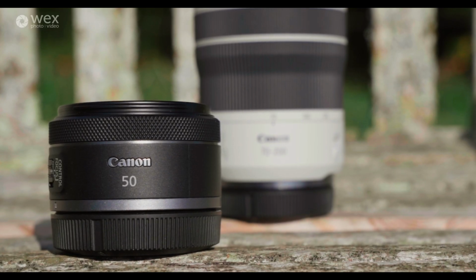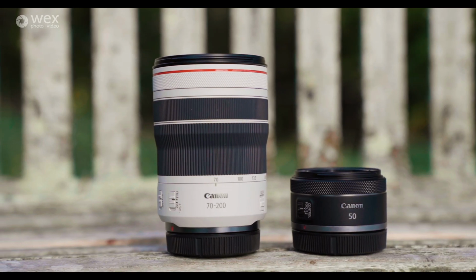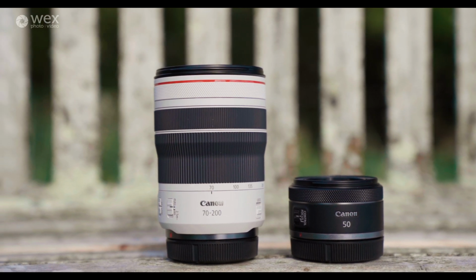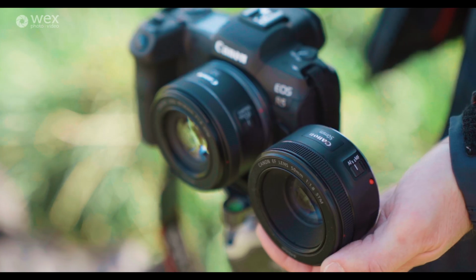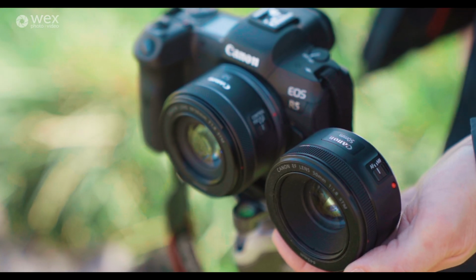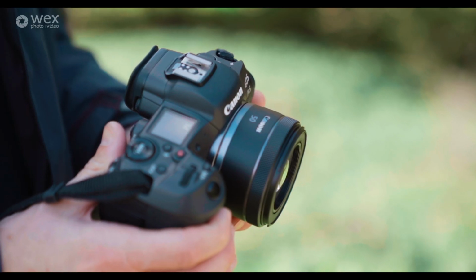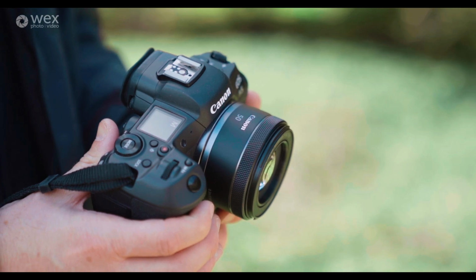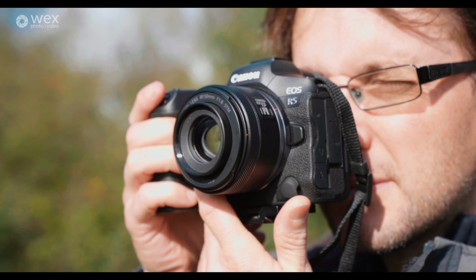Today Canon are releasing two new RF lenses, a 70-200 f4 L IS USM and a 50mm f1.8 STM. The new 50mm is the RF's answer to the nifty 50. It's a small lens weighing just 160 grams and being just over 4 centimeters long. The price point isn't too hefty and the optics are built to support the quality expected from Canon's relatively new